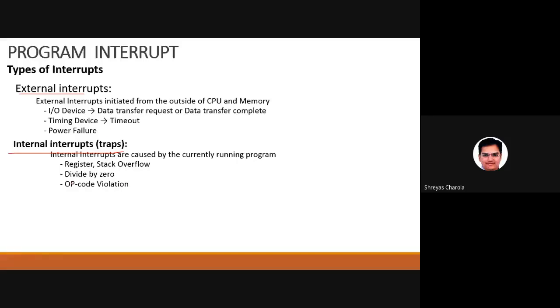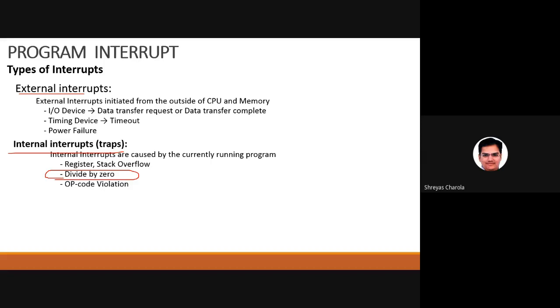Okay. Next is interrupt. There are two types of interrupts we have. We call them the external interrupt and the internal interrupt. An example of the internal interrupt is divide by 0. That means when you ask the computer to do the operation of divide by 0, it will go into an infinite loop, and you have only one option, to shut it down or restart the PC. And that is what we call a software interrupt or an internal interrupt.